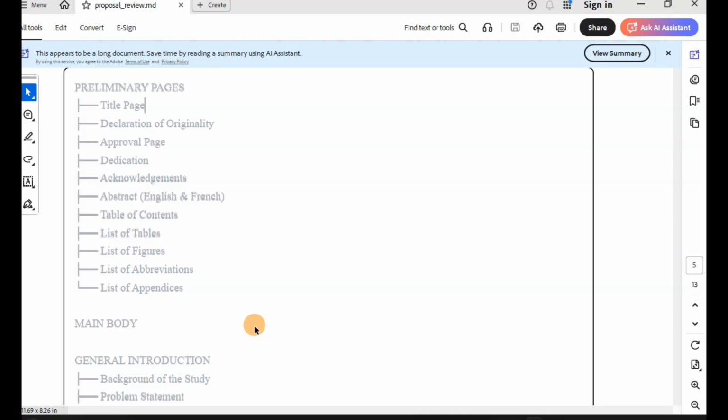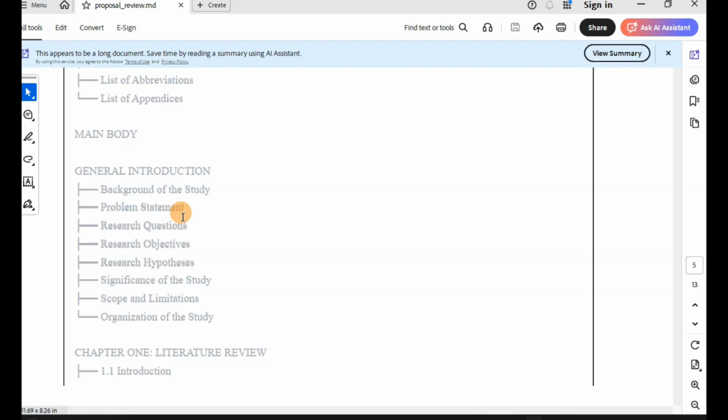The second is the declaration of your originality and also the approval from your supervisor. Dedication, up to the table of contents. Please remember to have table of contents, list of tables, list of figures, list of abbreviations, and also appendix. Right? If you have many appendices,